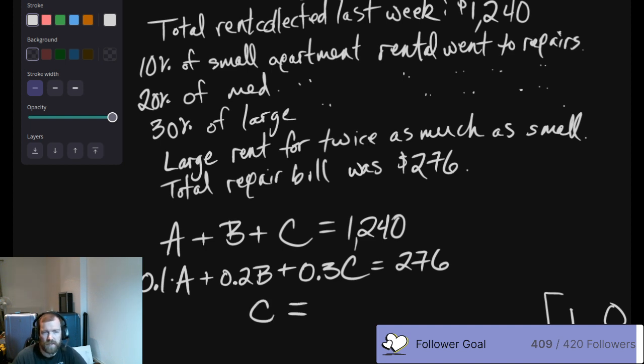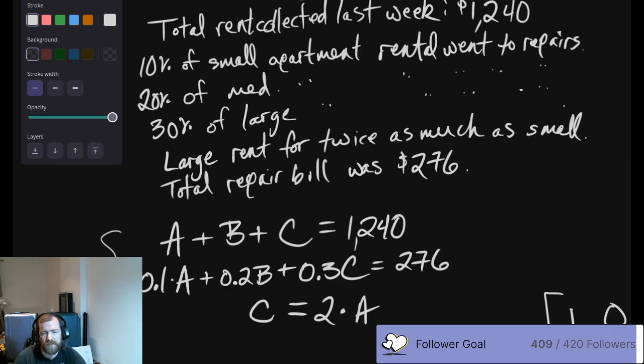All right, and our large was, so therefore, right, this is an equivalence relation. C, the large, is twice as much as the small. Twice as much as the small ones. If you take C just as it is, or if you double A, you should get the same values. Therefore, A is smaller. Right? Makes sense. By a factor of 2.